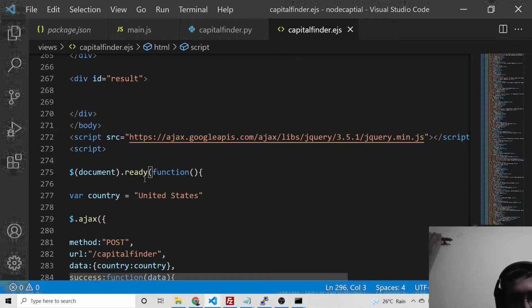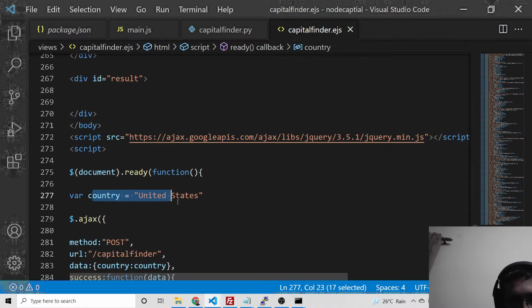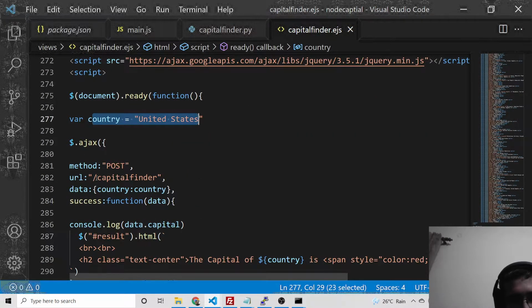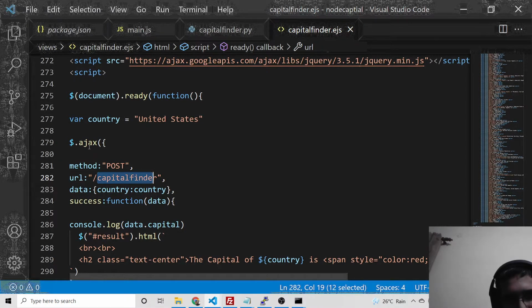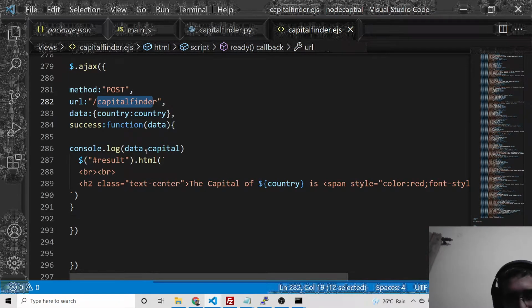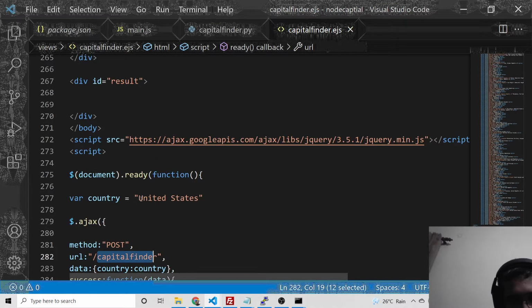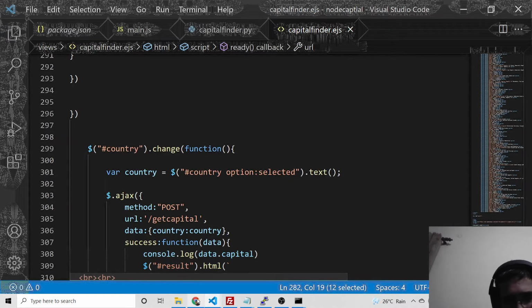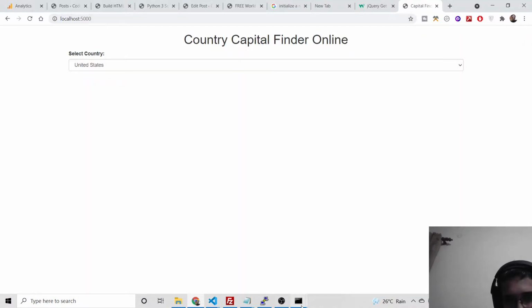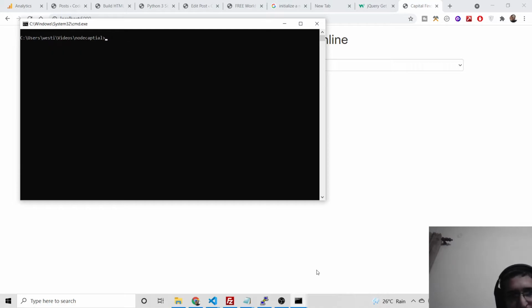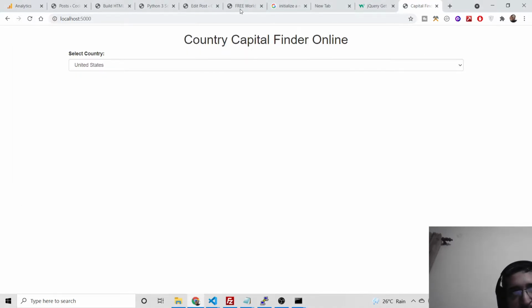So whenever the page loads, we are making the country explicitly United States, and this is capital finder. We are calling it once again, we are using an AJAX call, and then we are printing out the capital. So whenever the page loads for the very first time, it will print out the capital of United States, and then the user can change the country according to their choice. So if I run the application again, node main.js, you will see if I load this,